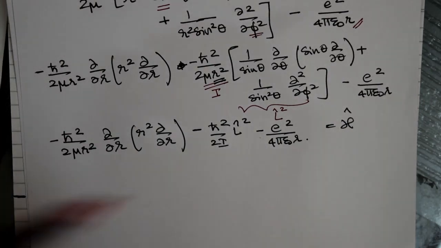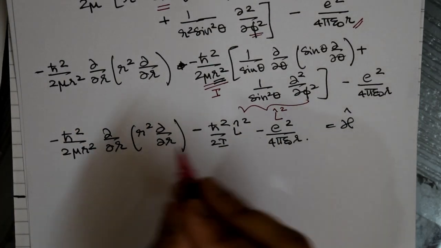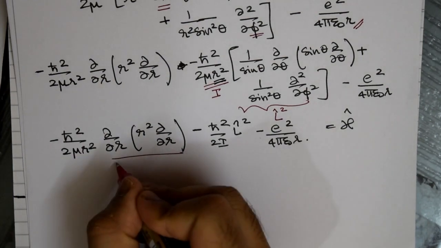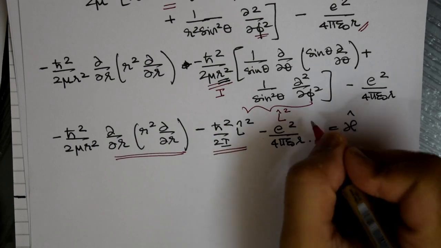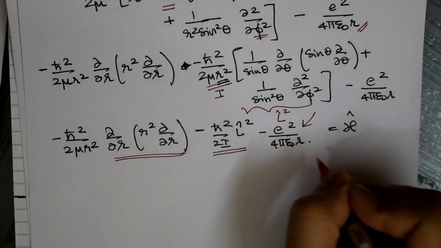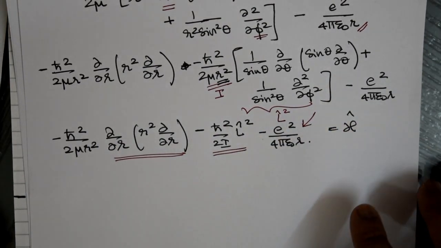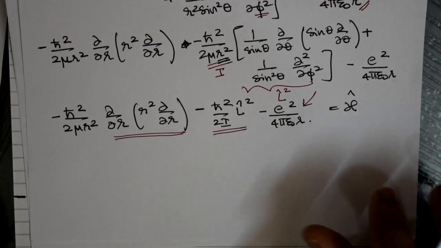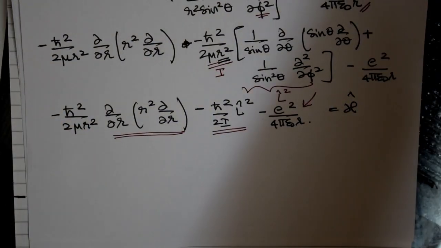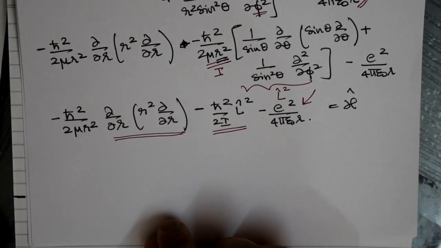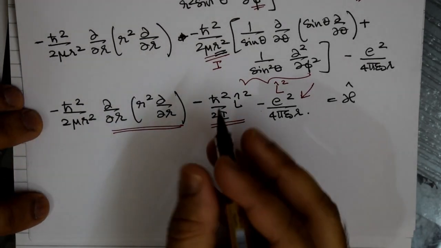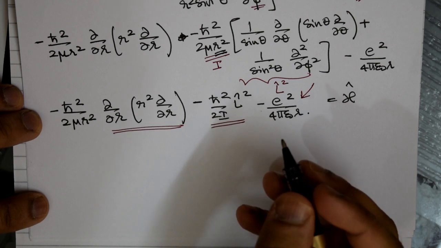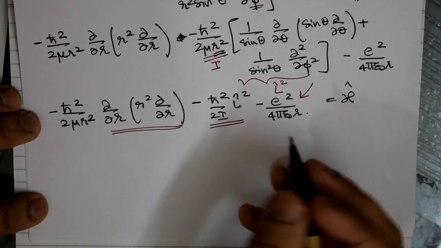So here we are able to realize that there is a radial part for the kinetic energy, an angular part for the kinetic energy, and this is the potential that comes. So basically that is the total energy for this given system. Okay, now having done this, the next thing that we would like to do is to solve the Schrodinger's equation. So you have H psi equal to E psi,